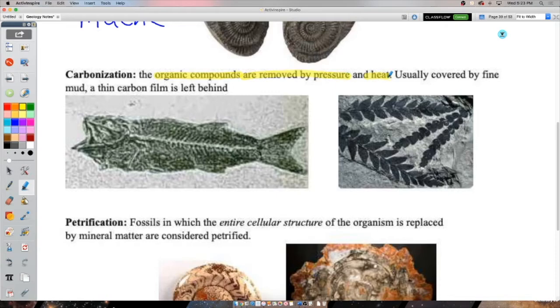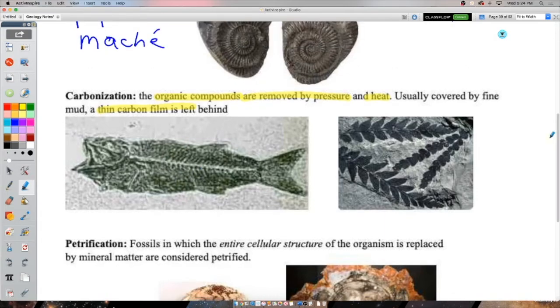Essentially, everything gets squeezed out of it except this thin, thin film of carbon. It's essentially like turning a dead organism into a stamp, right? You squeeze it and squeeze it so much that all the compounds get squeezed out. All that's left is this thin little film of carbon. So you can see it here in plants or here in a fish. You've essentially turned a living thing into coal here, a thin layer of coal, because carbon is what coal is